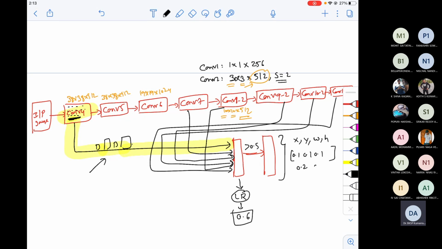So then it will be something like this. The highest probability is with 0.5. That means that is the object class that was present in that proposed box. Maybe if this pertains to car, then I'll draw a bounding box using x, y, w, h and label that as car. And what is the percentage of how confident you are? That also will be there, 90% or 95%, whatever.